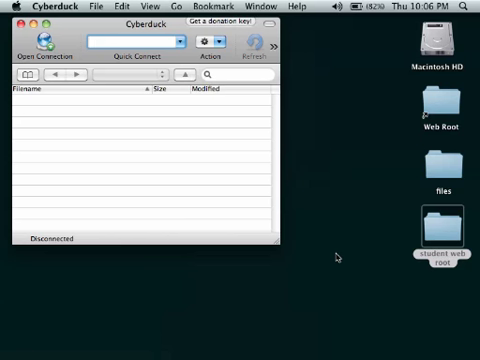In this demonstration, I want to show you how to use Cyberduck. Right now I'm on a Macintosh computer, but you can also use this for Windows computers as well now. They just recently came out with a version for Windows. Okay, so first you want to open Cyberduck, which I've already done, and the next thing you can do is